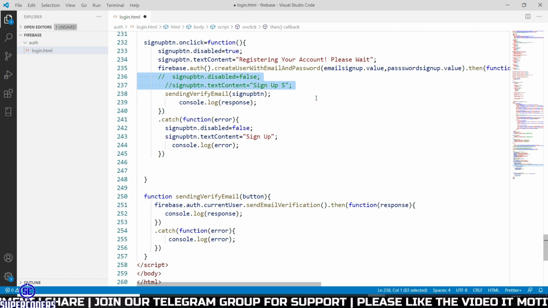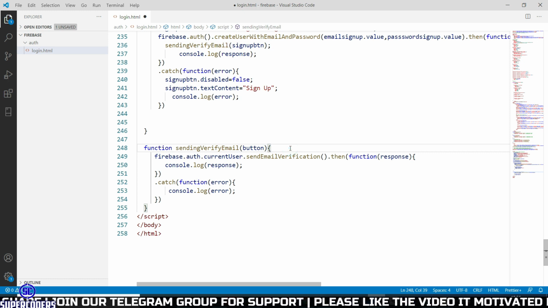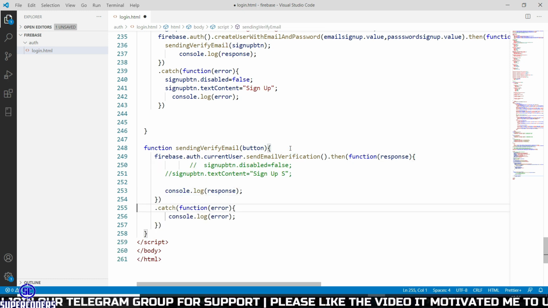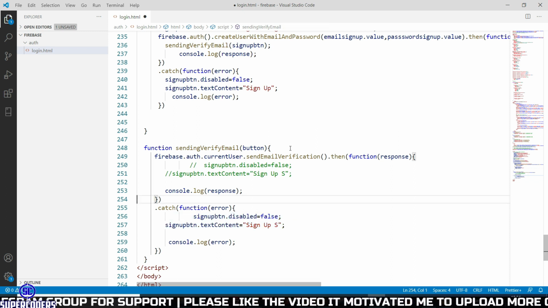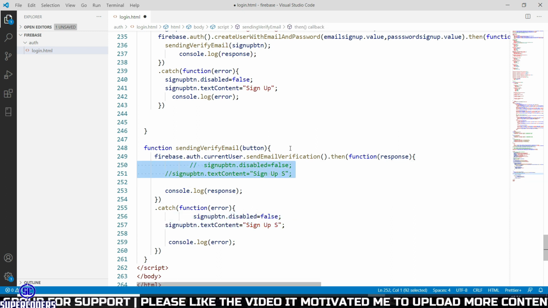So cut this code and paste here and paste here, remove the comment, save it.